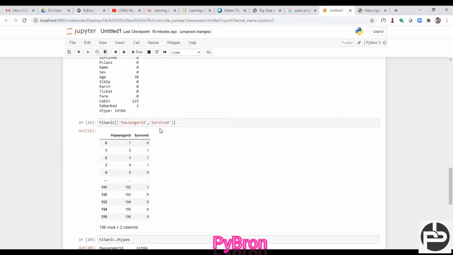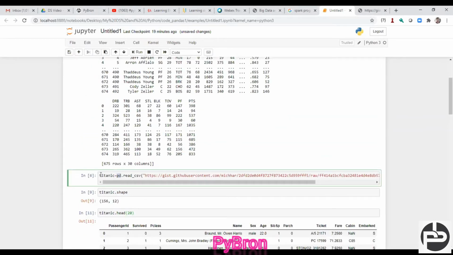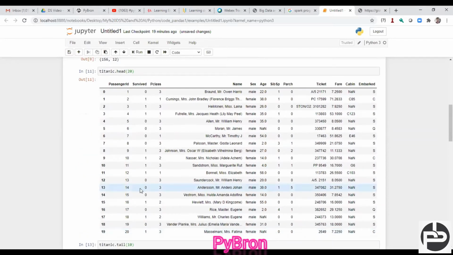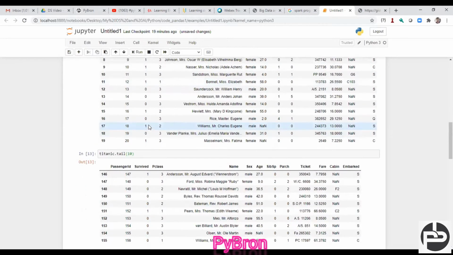Once after loading the data, you can see I loaded the Titanic data set into the Titanic variable. So the complete data got loaded, but I don't need to load the complete data because my bandwidth is limited. Right now we have only 156 data points, but in future you might get millions of data. If you fetch millions of data in one shot, it might take time. For analysis purposes, I want only 10 or 15 rows. In that situation, what can you do? You can first load the data, then call the head method.